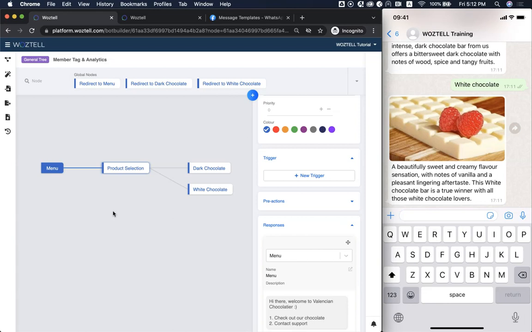Or maybe, for example, if you are running a campaign, you want to isolate or segmentize all your member lists, then you can use member tag to help you.